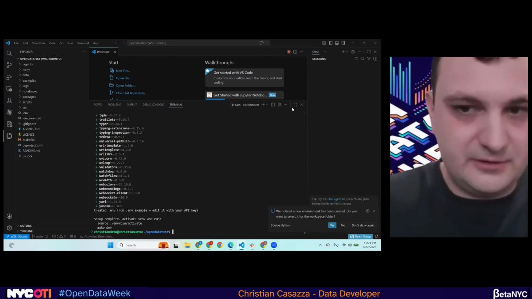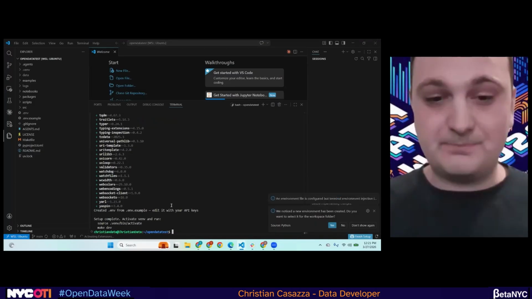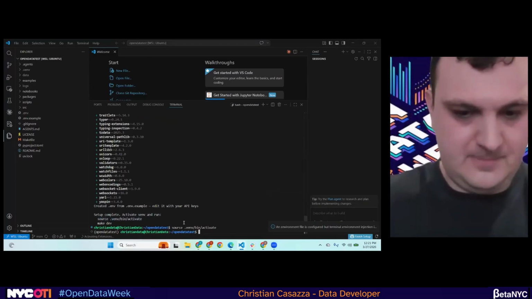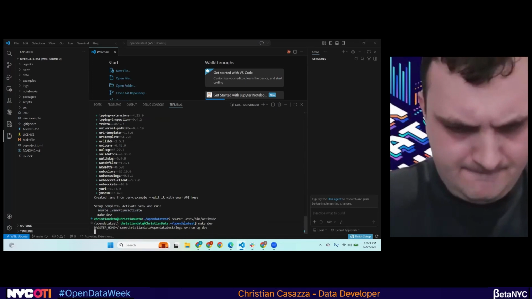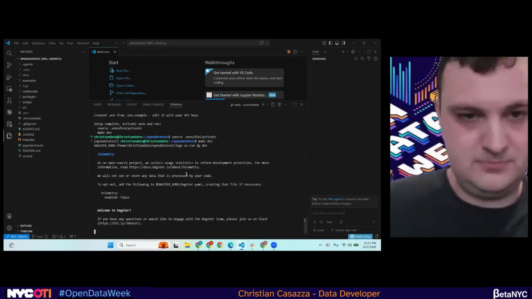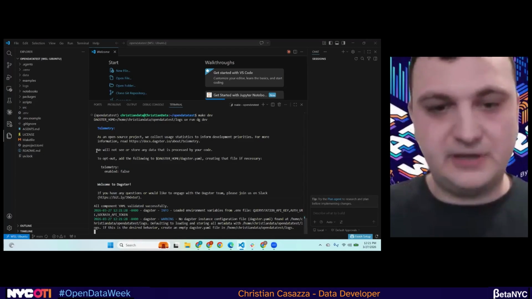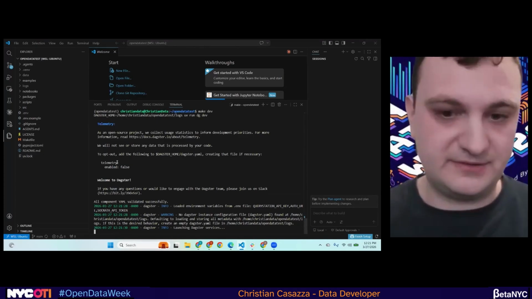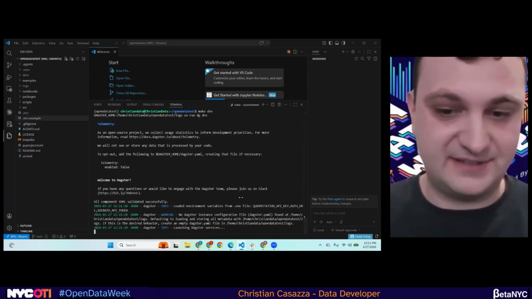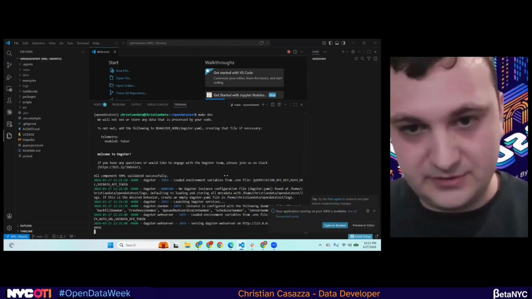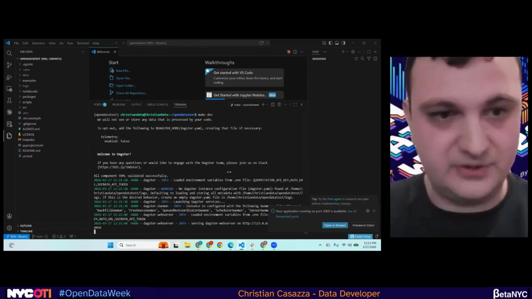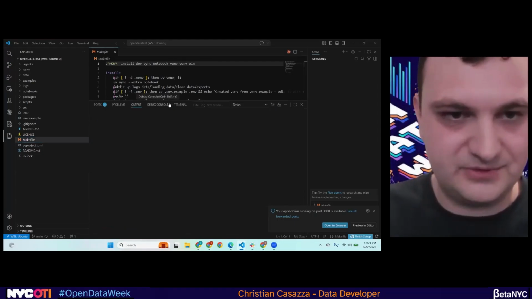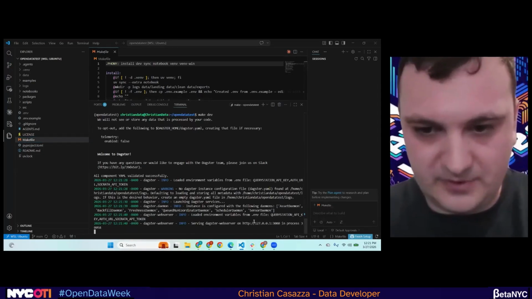Cool. So this is using UV under the hood, which is similar to pip, but just a lot faster. So now I'm going to source. Great. So in this example repo I've created, I've designed an already integrated basic data pipeline that's hooked up to the NYC data portal with a few different sample assets in there. So by following the instructions of just install and then make dev, which for those who don't know, make is just a way to have CLIs. If you don't have make installed and you want to run the actual commands, just open the file and check it out. So I'm going to click here.